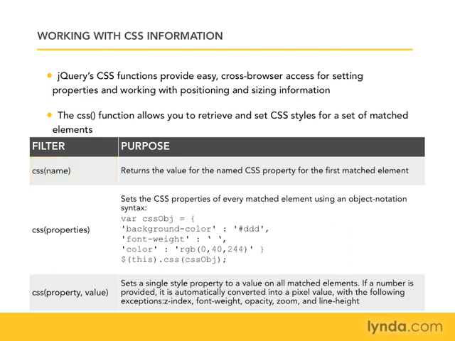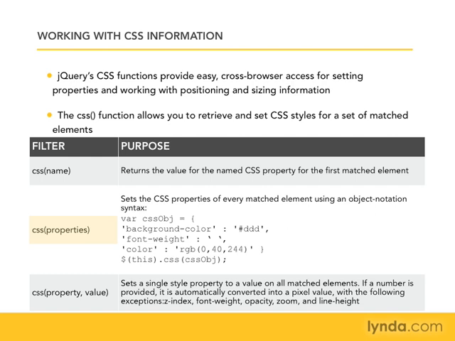The next version right here, CSS with the properties argument, will set the CSS properties of every matched element in the result set using an object notation syntax. And this is very similar to the attributes example that we saw earlier. And you can see here's an example, just creating an object that has a couple of properties and values to go with each one, and then calling the CSS function with that object to set the properties on the results